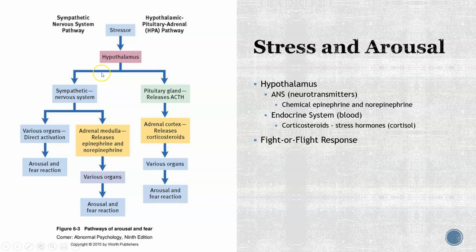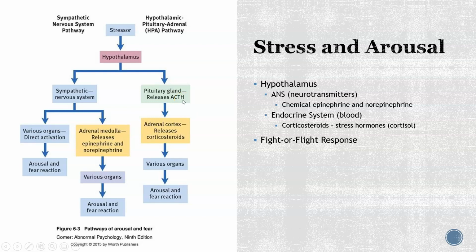Well, the hypothalamus, remember, that's the part that's responsible for a lot of our homeostatic processes. It will also activate our pituitary gland. It's also known as the master gland because it secretes a lot of hormones to help regulate different things, especially in terms of sexual growth in our bodies. In this case, it is going to release,